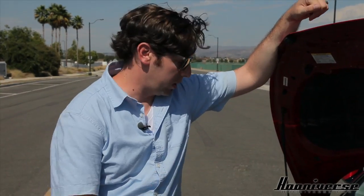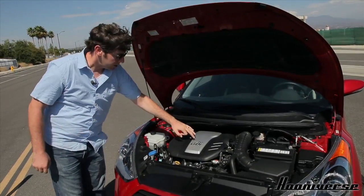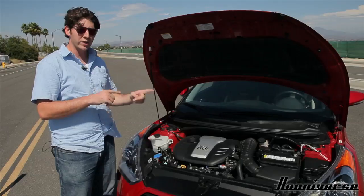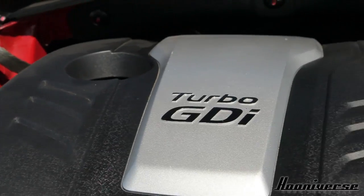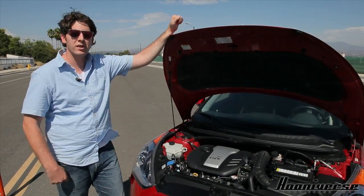All that sported up bodywork means nothing if you don't have something fun going on under the hood, as was the case in the non-turbo Veloster. Thankfully, we've got something good here. It says turbo here just like it does on the back because this is a 1.6 liter 4-cylinder turbocharged engine. It's a twin scroll turbo, which is supposed to help with lag down low, but we'll get to that in a minute. This baby pushes out 201 horsepower and 195 pound-feet of torque,